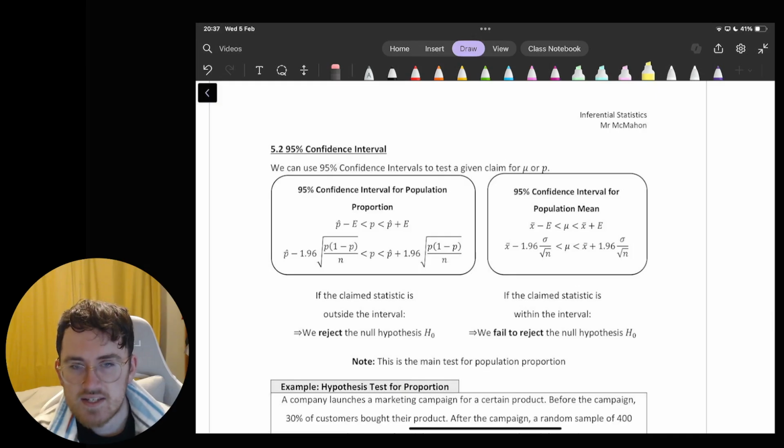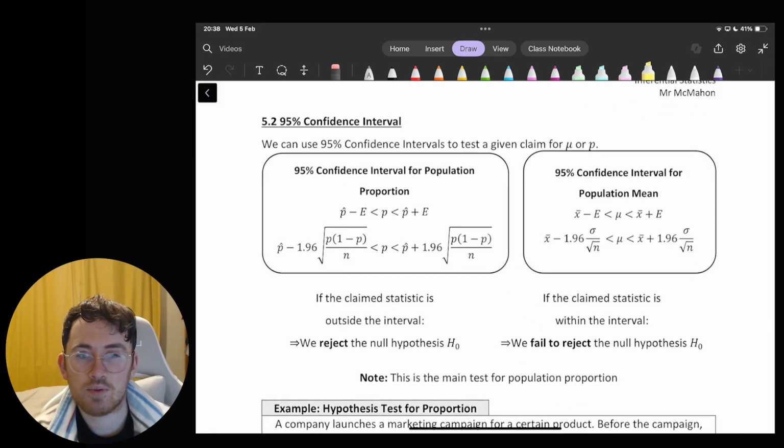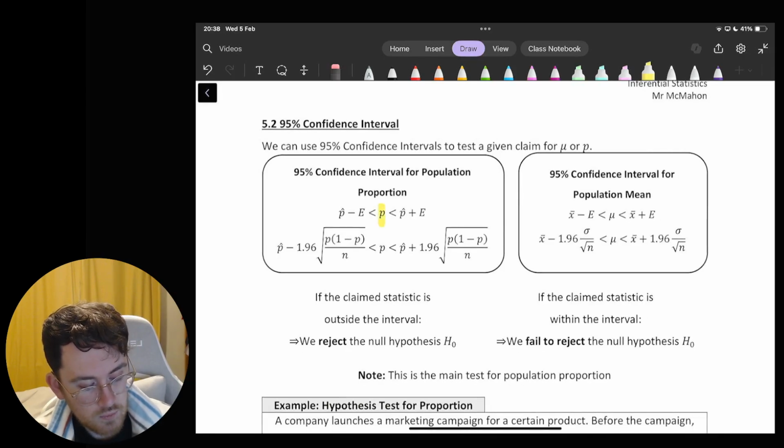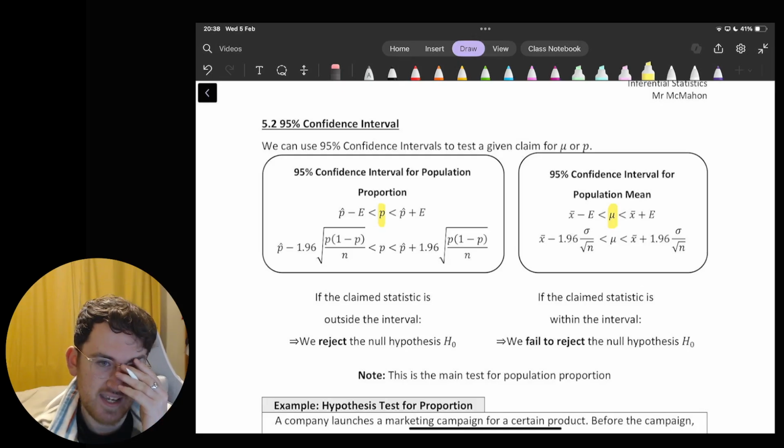The first method of testing is a 95% confidence interval, and I've looked at these already in separate videos, for both proportion and mean. But just as a summary of the two methods, for proportion and for mean, it's the same idea. We put the parameter in the middle, whether it's population proportion or population mean, and then on either side we take the sample proportion and add and subtract the standard error to that,